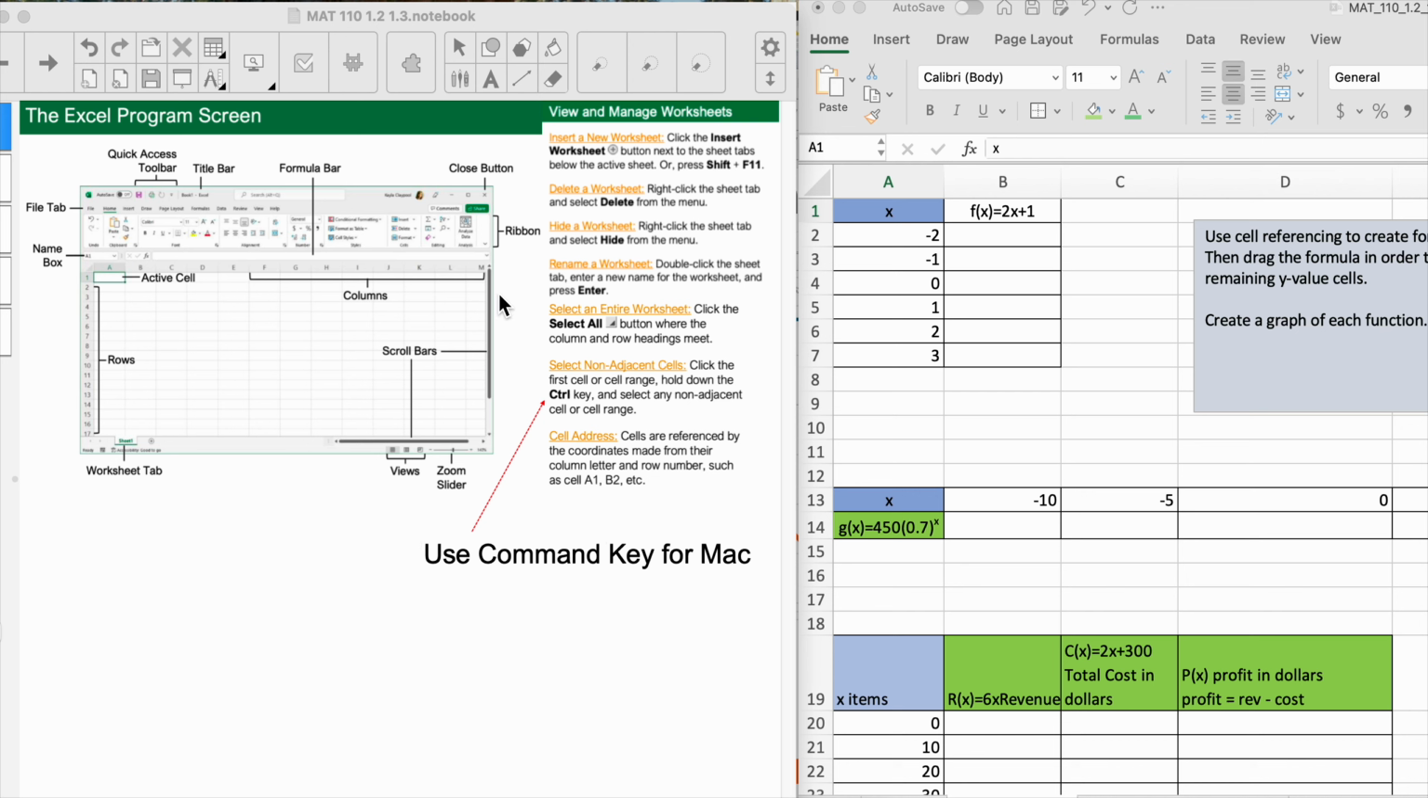This is a video on Intro to Excel. In this first video, we're just going to go through some of the basic features and functionality of Excel. If you look at this Excel program screen here, you can see a lot of the useful features that